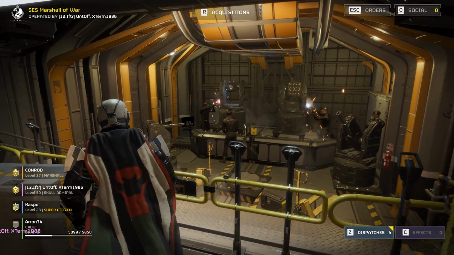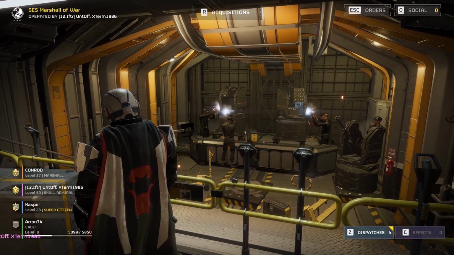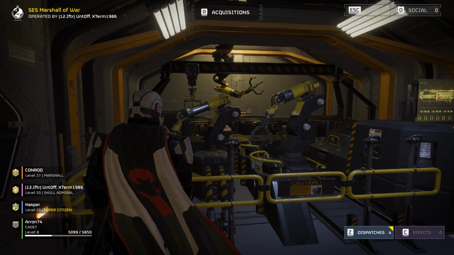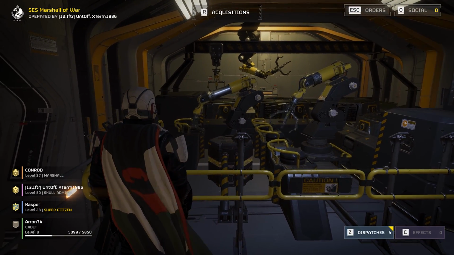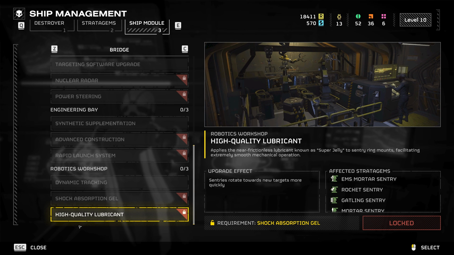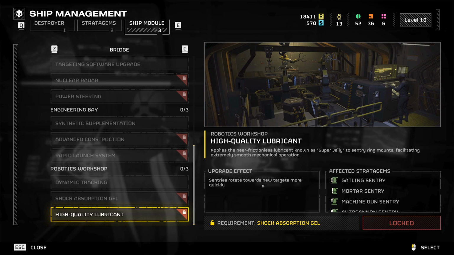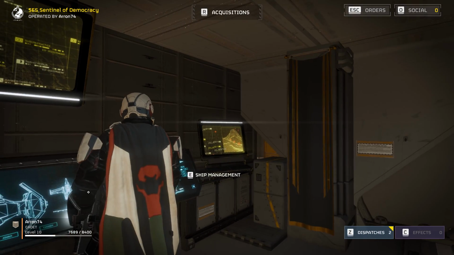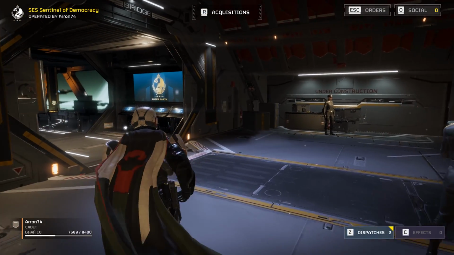And they remove the deployment time for emplacement stratagems. So very cool. Then we've got the robotics workshop on the other side. Now this reduces the deployment time of all sentry stratagems, and this increases the ammo, the next upgrade, by 50%. And then finally we've got the high quality lubricant. Sentries rotate towards new targets more quickly. So they're all very subtle upgrades, but they're nice little additions to this ship, and this ship is a really